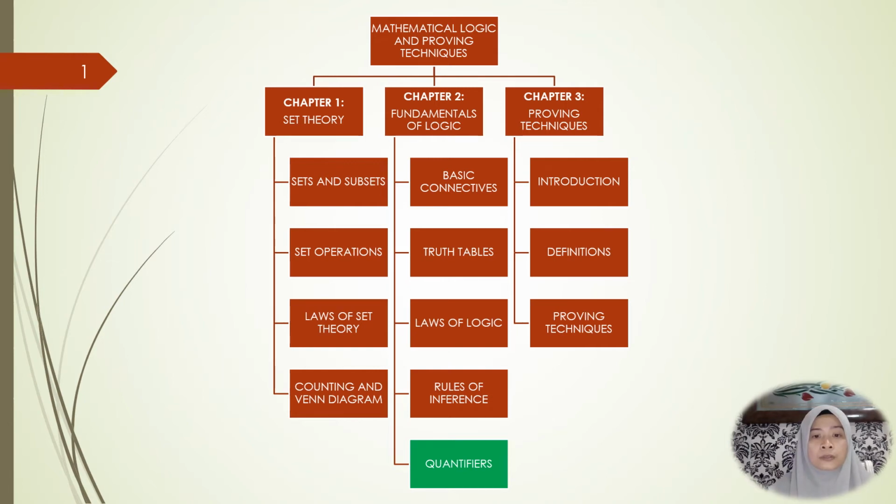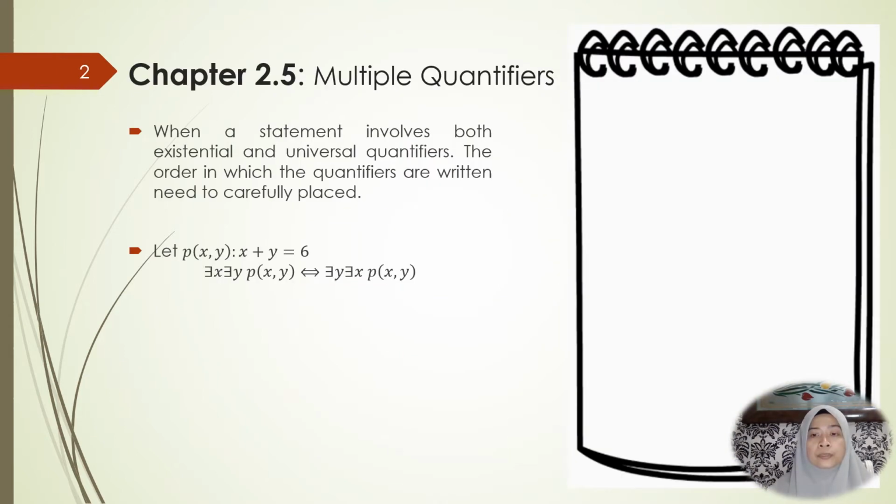Okay, we're still on the topic of quantifiers, but now we look at a quantified statement with two variables. For a quantified statement with two quantifiers, we use multiple quantifiers. When a statement involves both existential and universal quantifiers, the order in which the quantifiers are written needs to